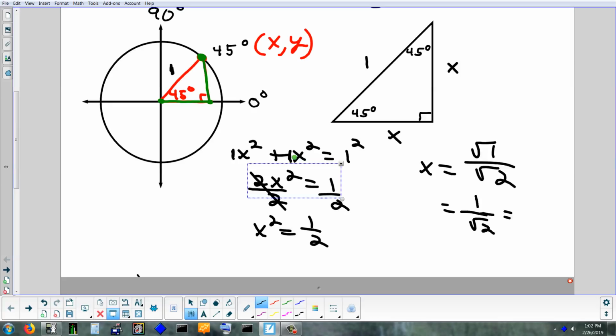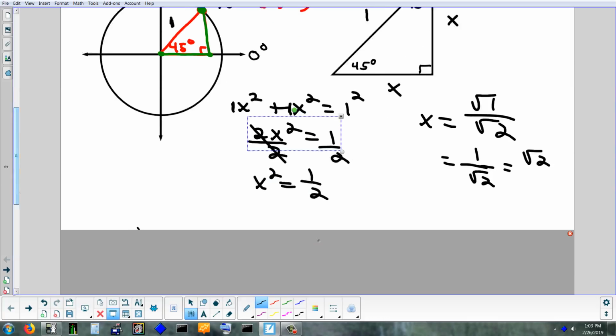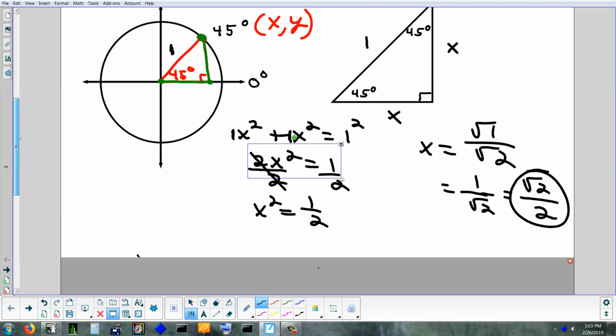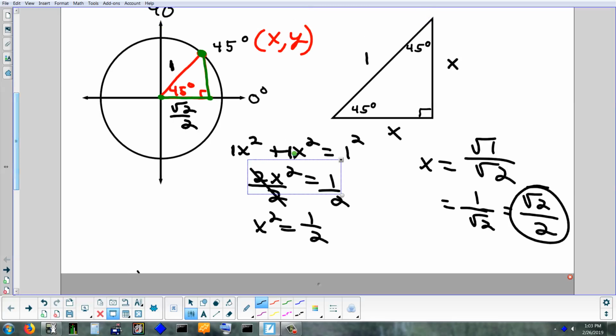Jenna, do you remember what you multiply the top and bottom by to fix that? Yep, multiply by the square root of 2. If you multiply the top by square root of 2, you get square root of 2. Multiply the bottom by square root of 2, and you get 2. Yep. And there is the length of the 2 sides in green. So the bottom side is square root 2 over 2. That's how far you go from here to there. And the height is also square root 2 over 2. That's how far you go from here